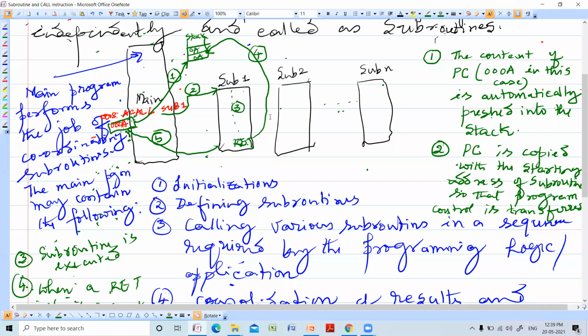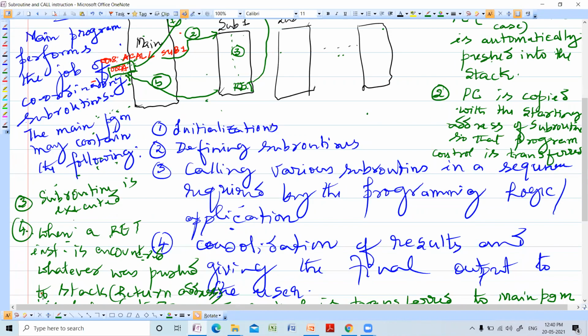It will contain various initializations, global initializations, which are common for all the subroutines. It defines the various subroutines used in this particular programming environment. Later, it starts calling the various subroutines in a sequence as required by the programming logic or application. Finally, it consolidates the results and gives the final output to the user. This is the structure of a main program.